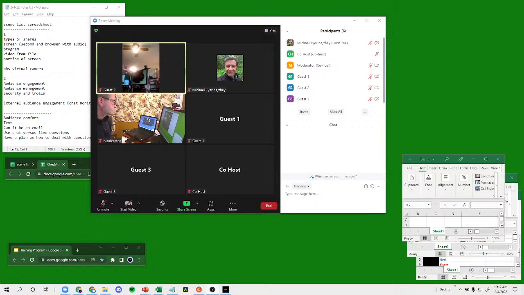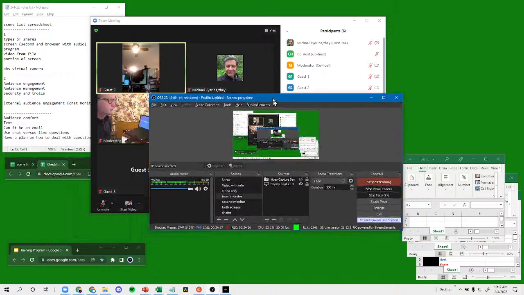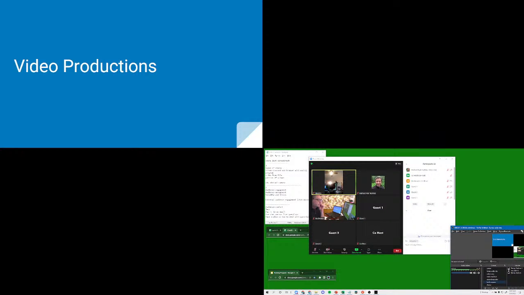OBS. All right, let me do this. Go to both screens. Now you're going to be able to see both screens. You're seeing my main monitor and my second monitor, which is the PowerPoint pulled up that I'm going to be sharing. So when I go to share it on my main screen, let's see, that'll work. When I go to share it on my main screen,